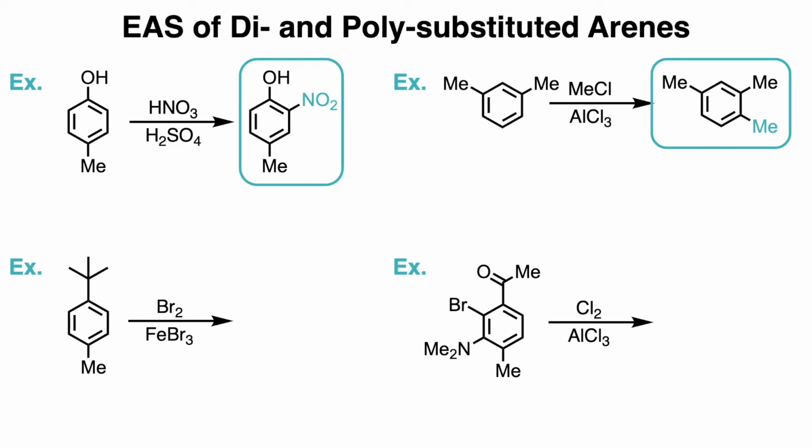In the next example, we have to compare a tert-butyl group versus a methyl group. Since they are both alkyl groups of equal strength, we're going to look at bulkiness. This reactant is undergoing aromatic halogenation, and we're going to choose the smaller alkyl group to be our reference point